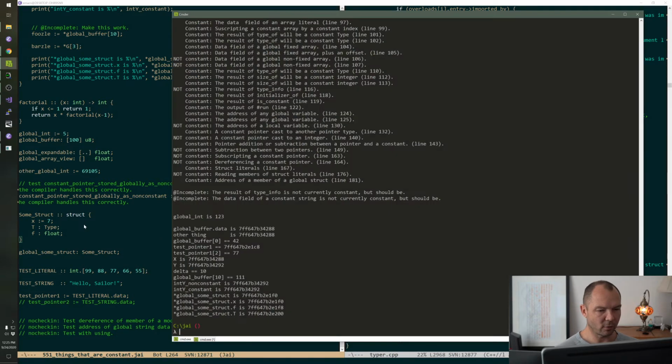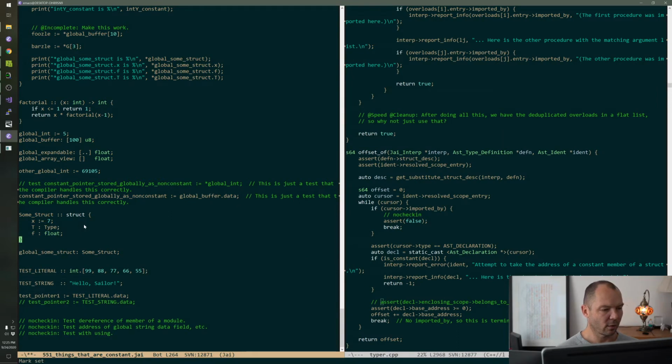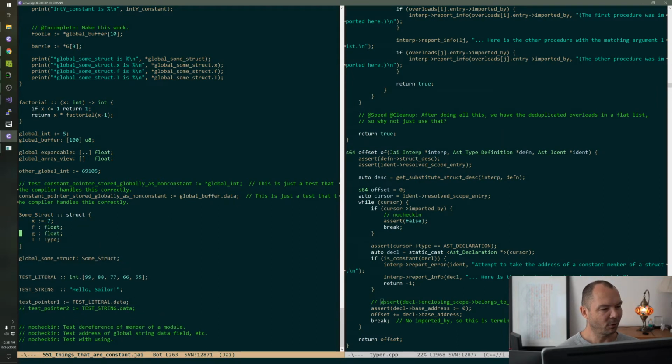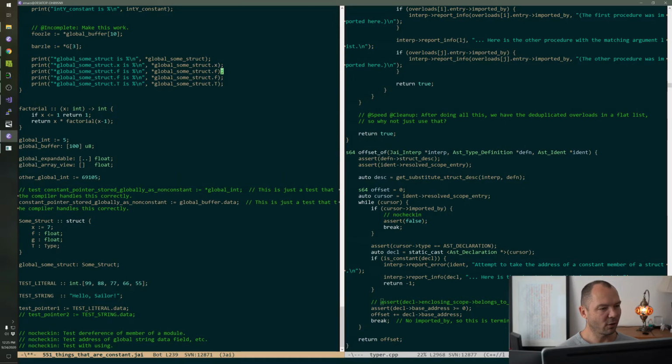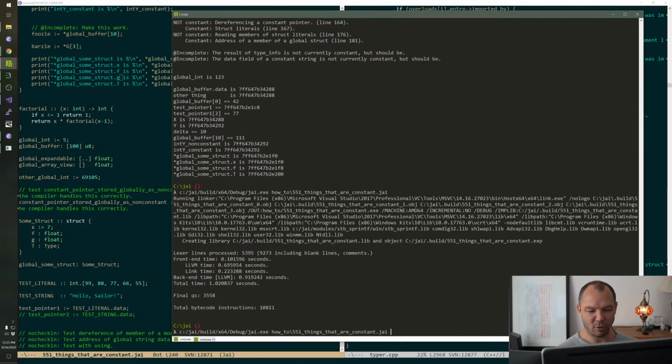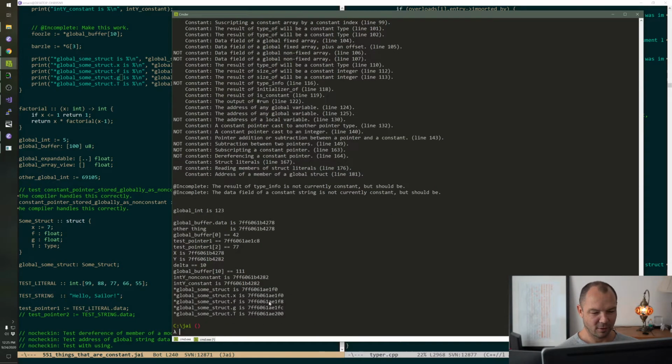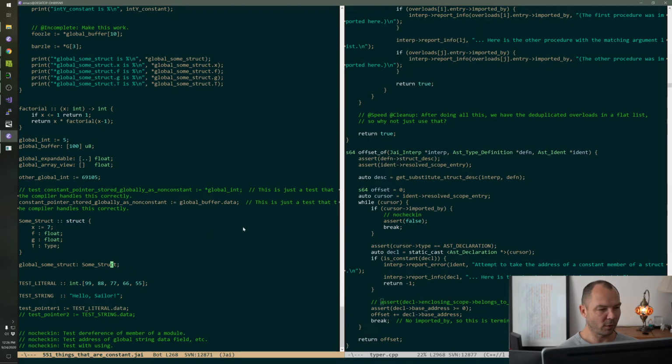Actually, we could swap this around. Oh, that wouldn't matter because, let's do this. Let's put 2 floats in there just so we can see a difference of 4 bytes. We want to see some difference because sometimes, as we know from last night's stream, when you see 8 bytes, it's bad. Okay, yeah. So we got a 4. We got a 4 bagger. So that works. Now let's do something that doesn't work.